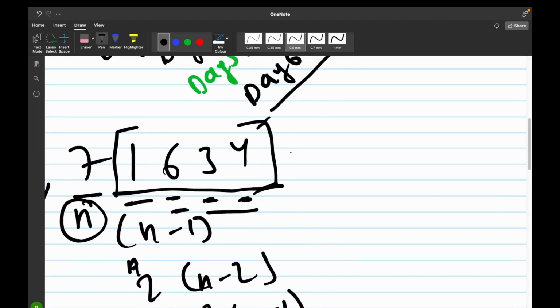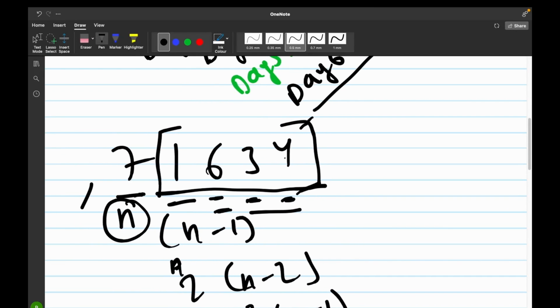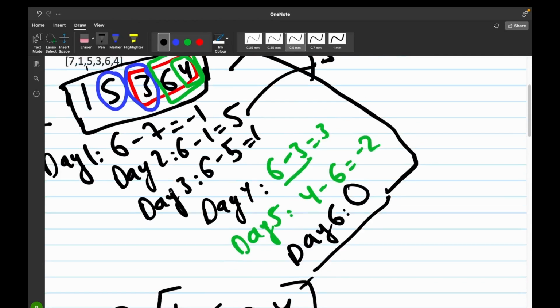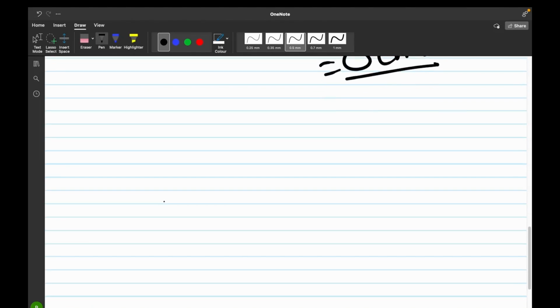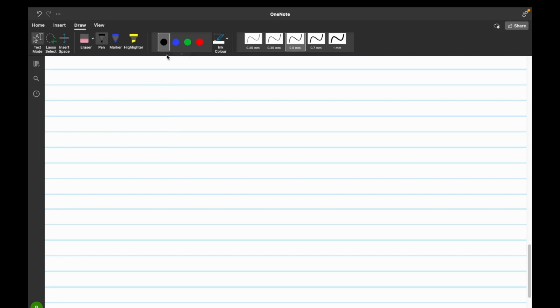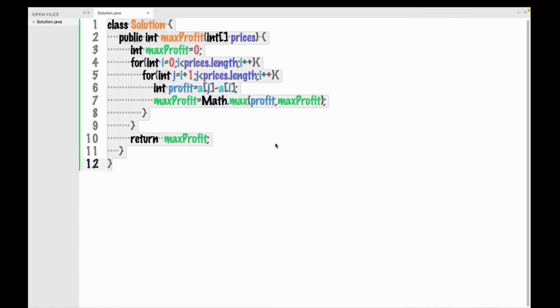Now let's come to how we would optimize this algorithm. We would use a very similar approach, where we first keep a day one and compare it with the prices of the other days, but in a somewhat more efficient manner, not comparing each day with the prices of all the other days. We can make it smaller by doing it like this. Our array was 7 1 5 6 3 4.